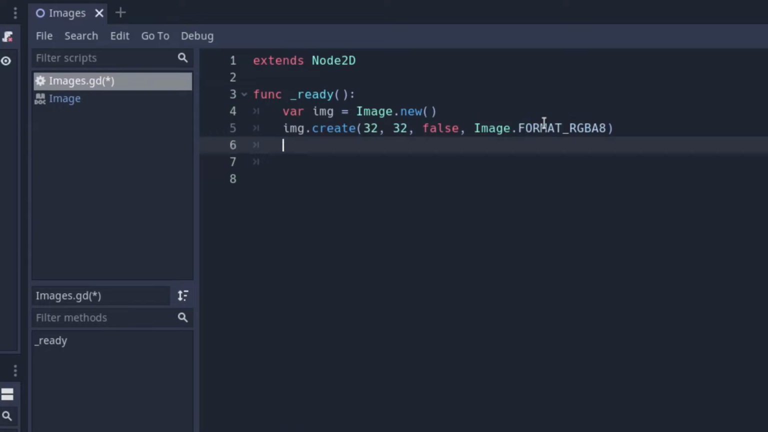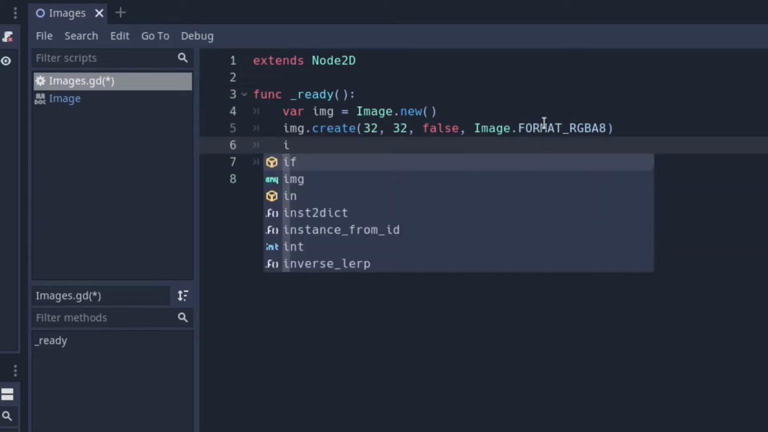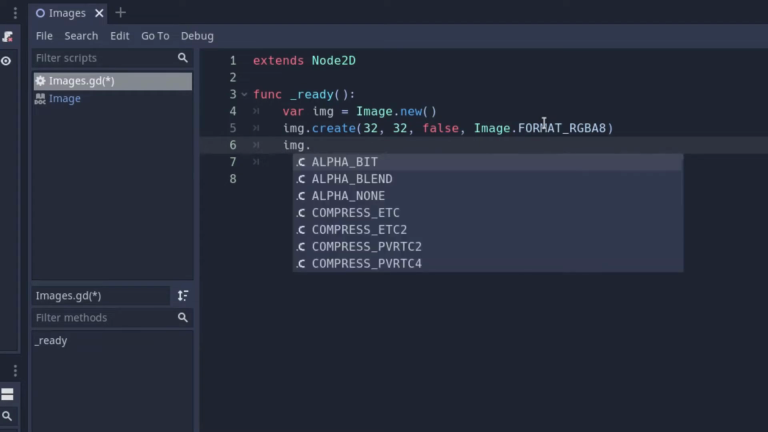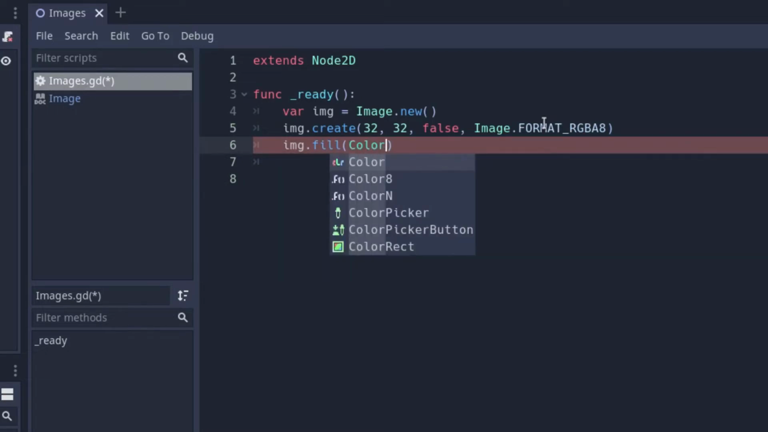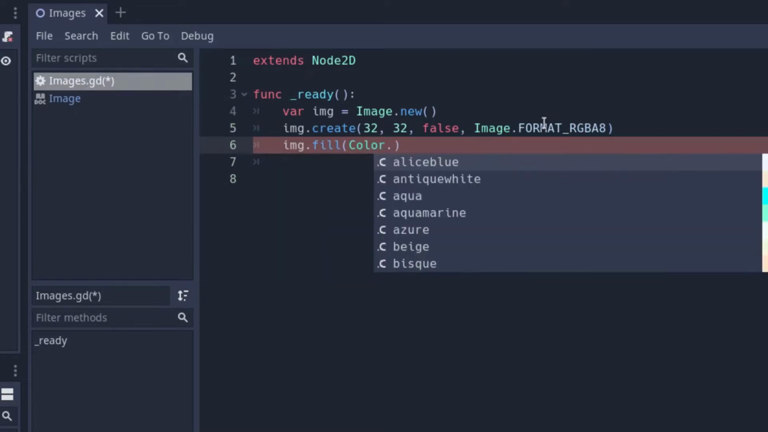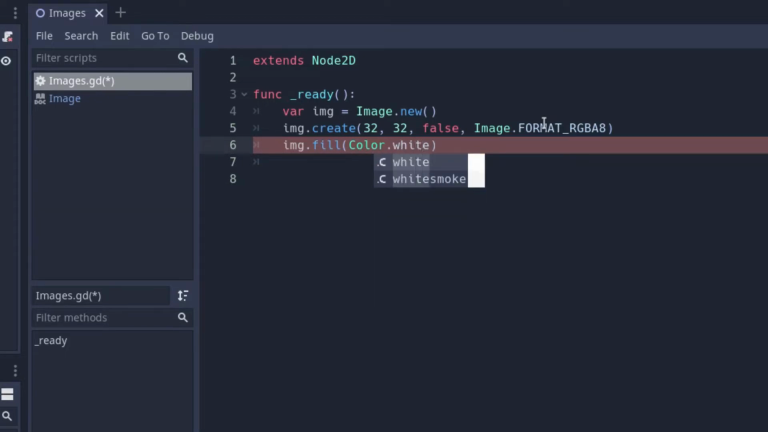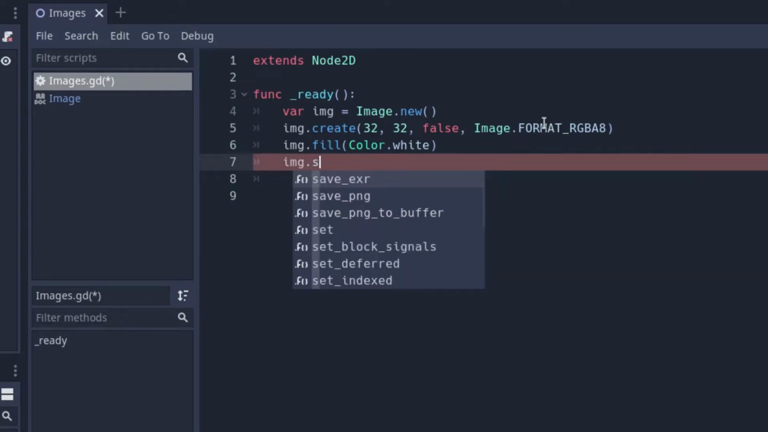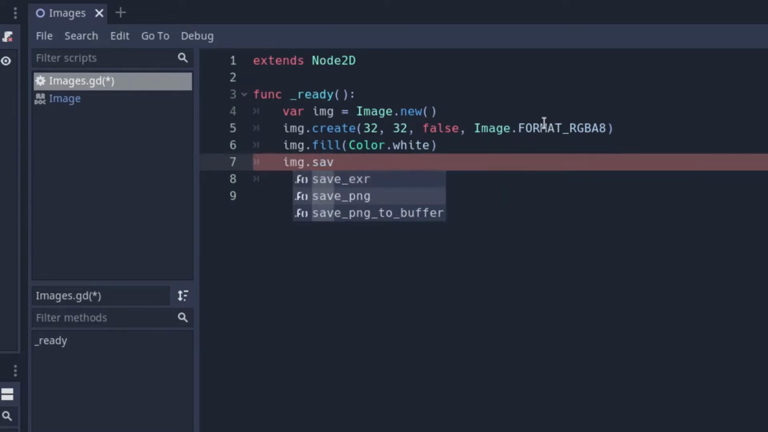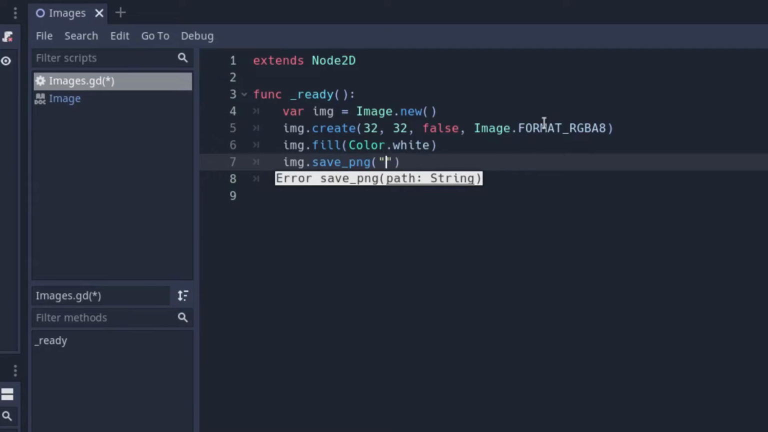Now that will give us a blank image, so we want to fill it with a color. We're going for white because it's easy to modulate that color to any other color later. So let's go image.fill and then our color. We use the color class and go Color.white. And then this is a pretty powerful class because it's so easy to do these things like save as PNG, save_png, and give it a name, just call it white.png,